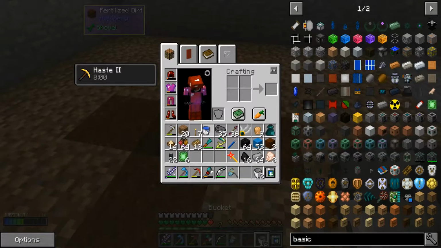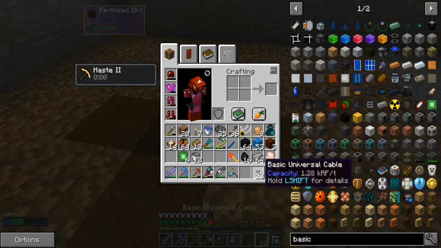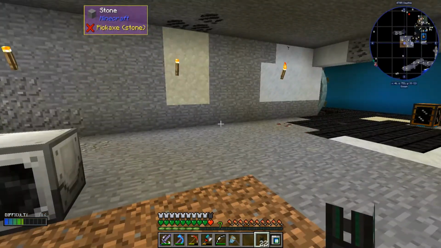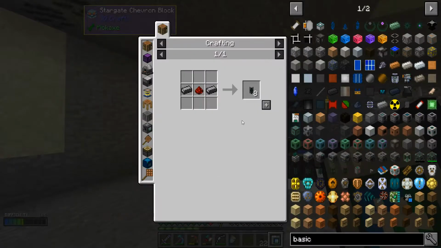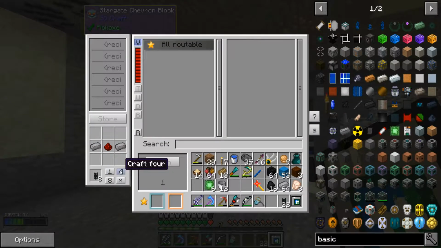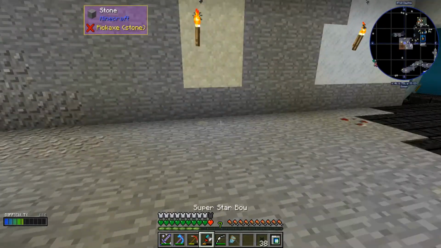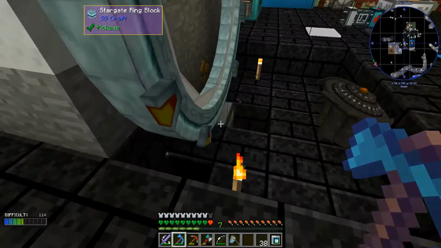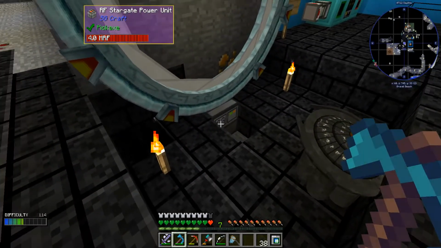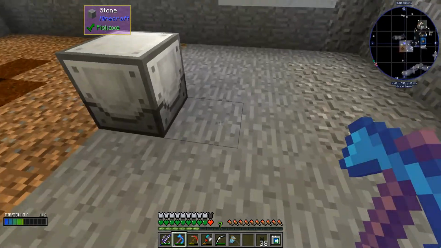Right. I do need to hook it up to power and stuff though. So we've got some basic universal cable. It's probably not going to be enough. I'll need to make a couple more. So let's make another couple of things of that. Because where I'm going to run it to, if you remember rightly, I put that power cell underneath here. So underneath that block there. So I'm going to go...